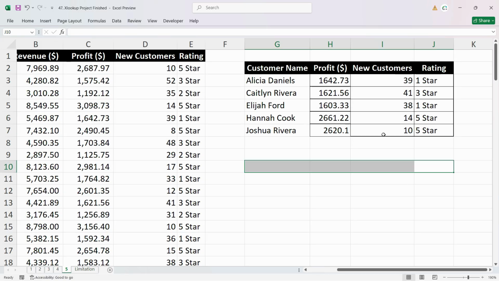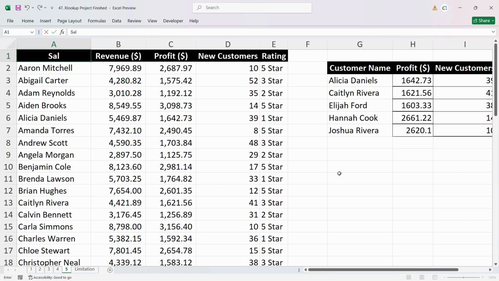Okay, so that's perfect. Let's make this salespersons. So all of this is salespersons. They have earned this certain revenue. They have engaged the new customers and they have got these ratings. So salespersons or service staff, whatever you want to write. So that's more accurate. So that's how we can apply a single